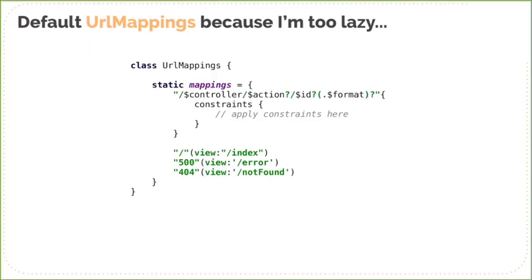And now let's talk a little bit about URL mappings. The default URL mappings in Grails are great because you just write a controller, an action, and you're done. The action is exposed automatically and you don't need to do anything. But having this when you start a project, or when you just need something quickly, is good. But when you have a project with quite a few controllers, keeping the default URL mappings is a nightmare